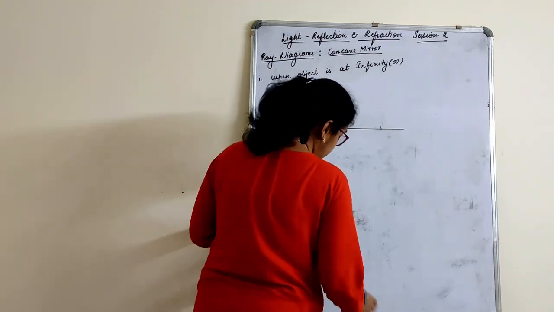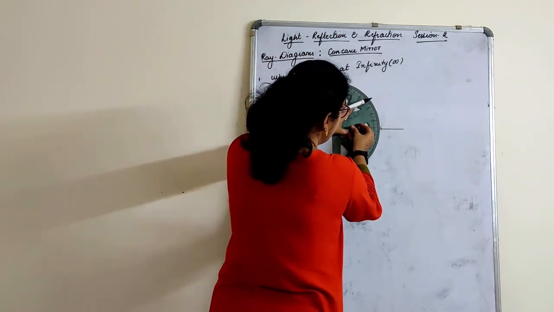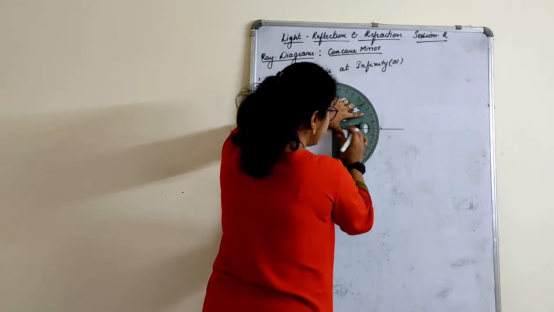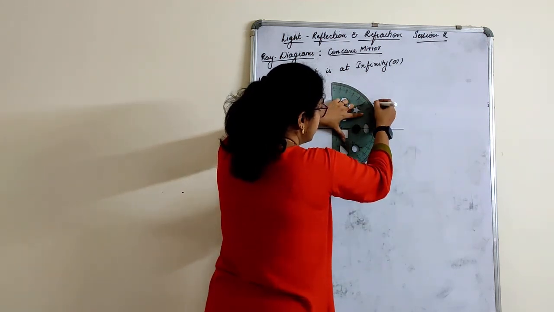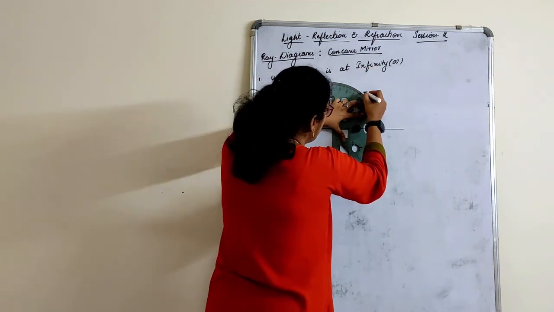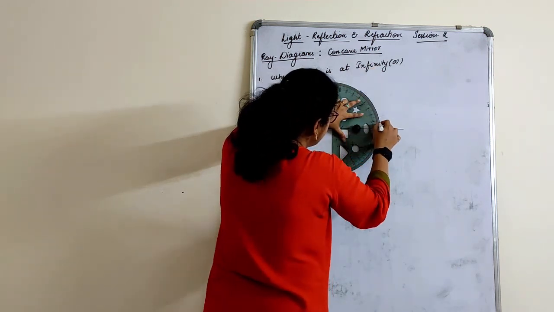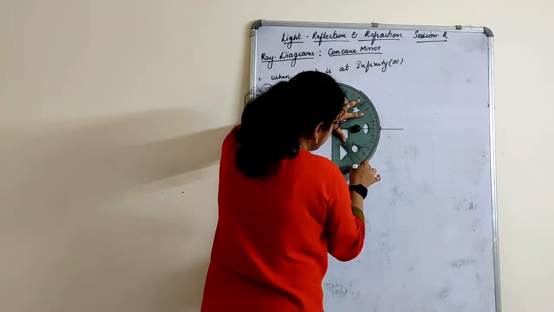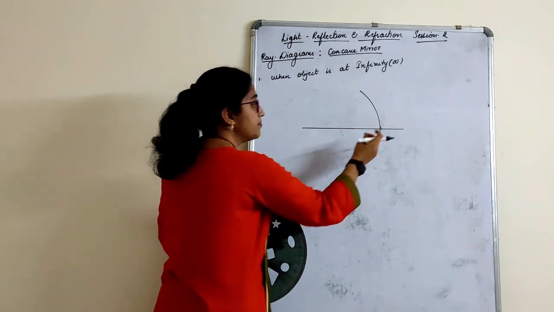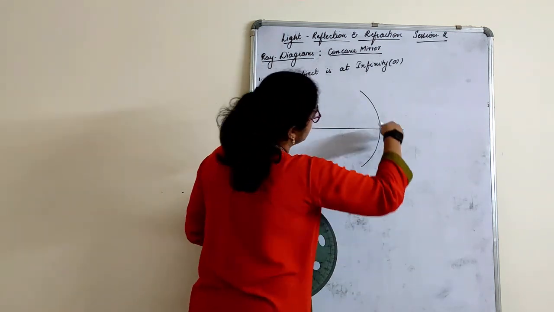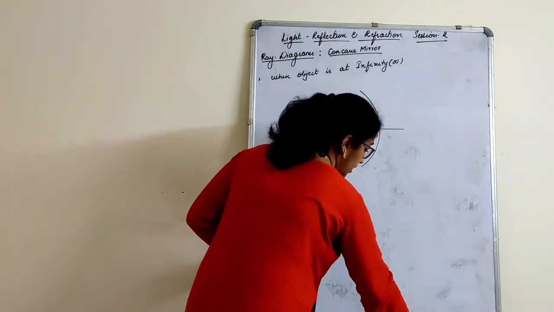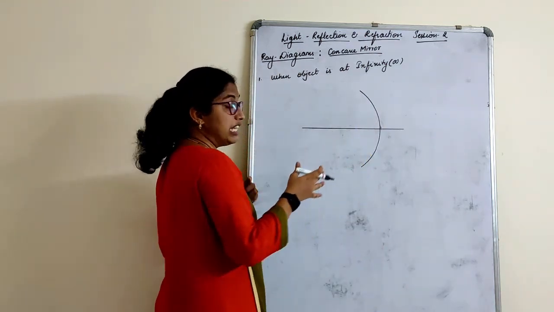How do you do it, children? When you keep your protractor here like this, at 90 degree, the line coincides with the line of the protractor. Mark the 60 degree here, 60 degree on this side, and draw the line with that respect. This is the mirror you get. The mirror you draw on this side will be equal to this side also.